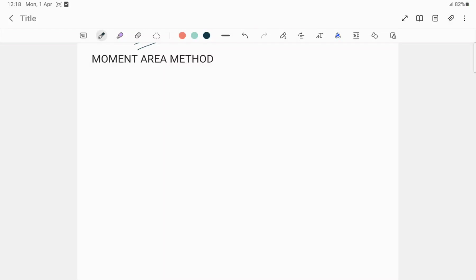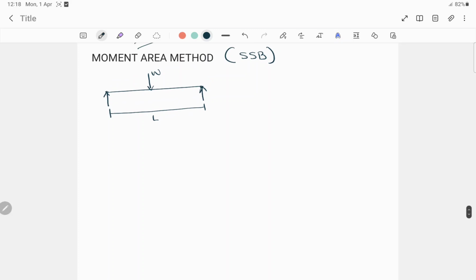In today's video, I will be solving a problem based on the moment area method for a simply supported beam. Here we have a simply supported beam where a point load W is acting at the mid, and the length from this point to this point is L. In the moment area method, the first and foremost step is to